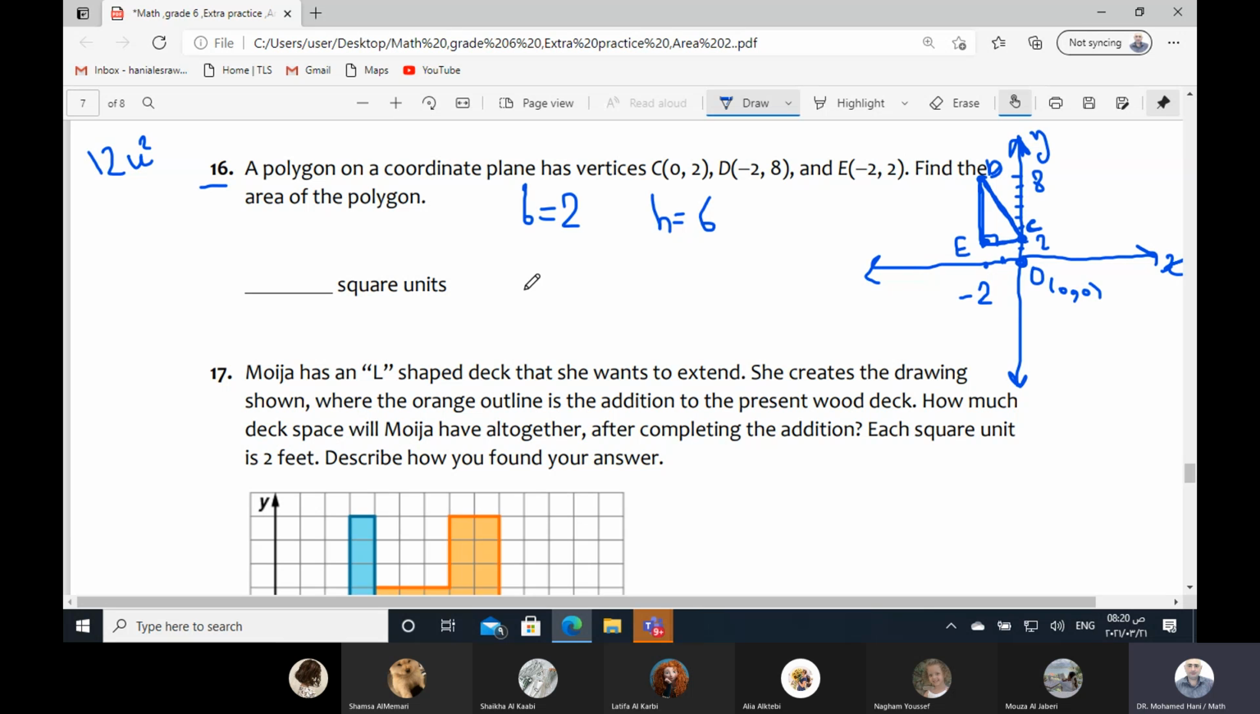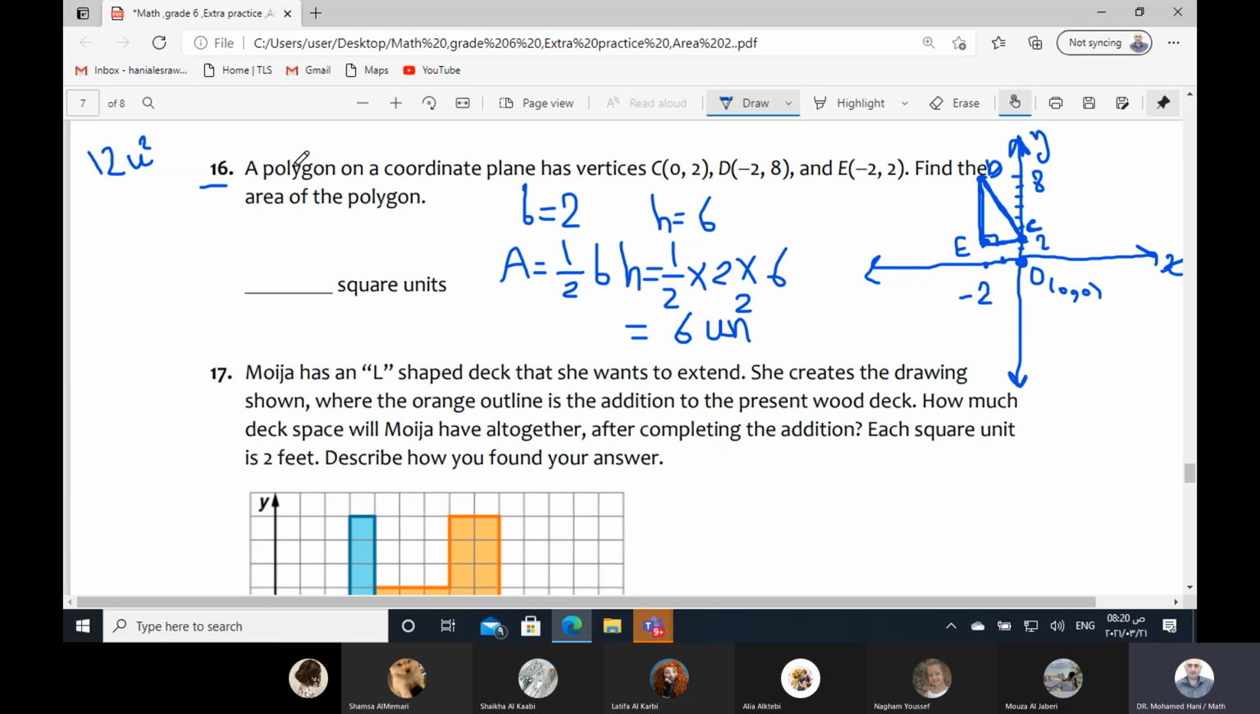Now we can find the area. As you know, the formula equals 1 over 2 multiplied by the base multiplied by the height. So 1 over 2 multiplied by 2 multiplied by 6. So the answer will be 6. 2 times 1 is 2. 2 divided by 2 will be 1. 1 times 6 is 6. So the answer will be 6 unit